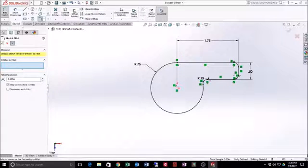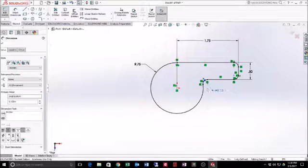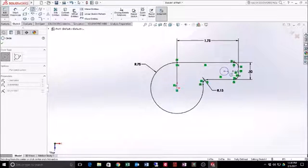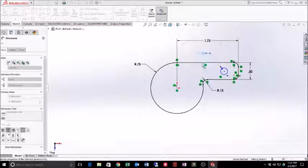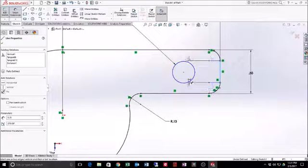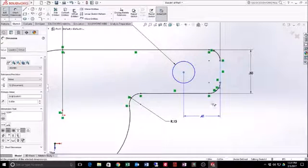Green check mark there. It automatically places a smart dimension for us and adds these constraints of tangent and equal to each of our fillets. Alright, one last thing I want to do now. I want to put that hole right there, that hole is 0.25, and then we need to locate it. So we will dimension to there, which is 0.4 in the book, and